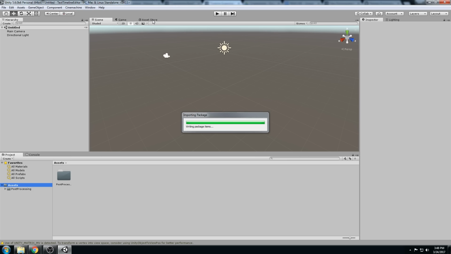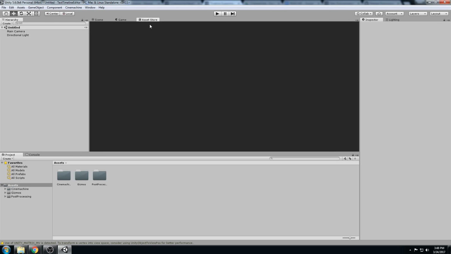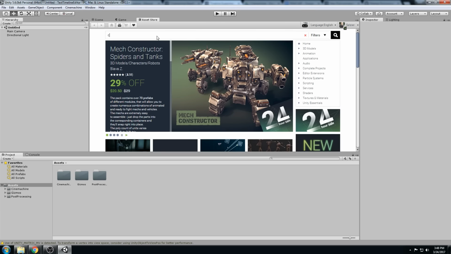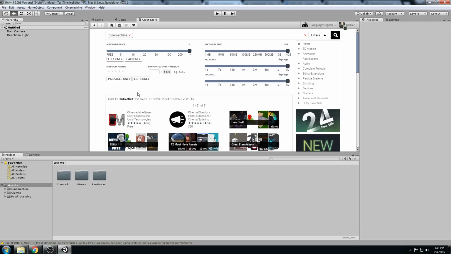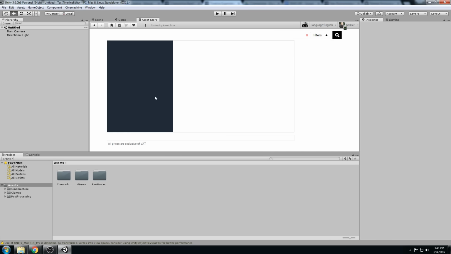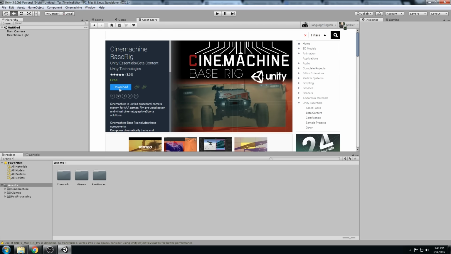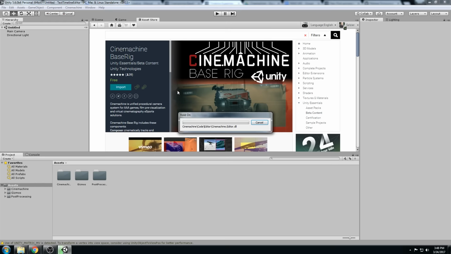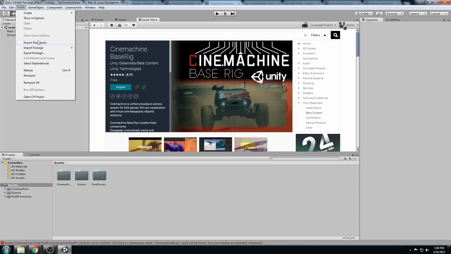And actually, that might have been a mistake because I think we first need to get the base rig. So Cinemachine base rig. Let's download that and import it. See, yeah, it already had a bunch of stuff. Now I'm gonna overwrite that with this pack. And that's not what we want to do. I think we want to overwrite the